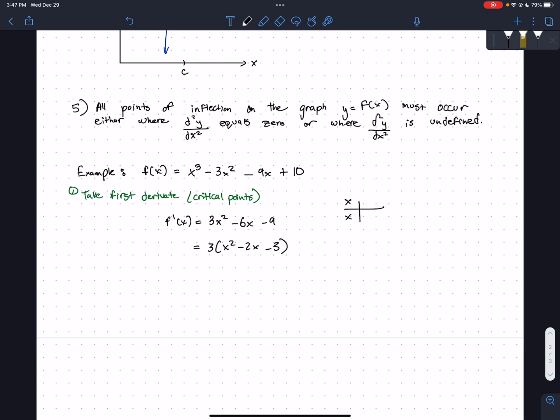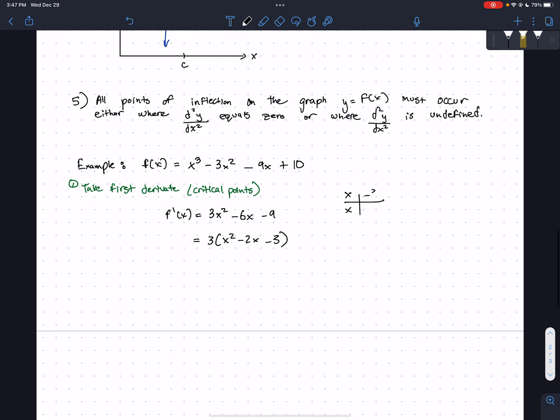So in this case, we can try negative 3 and 1, because negative 3 times 1 will equal negative 3. We take these 2 and multiply them, and when we add them, we will get negative 2x. Okay? So then we could just take the butterfly,